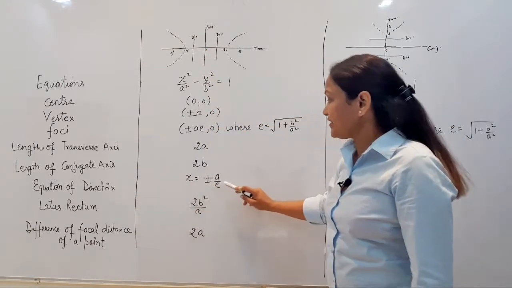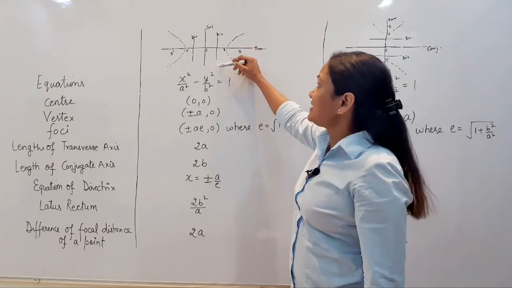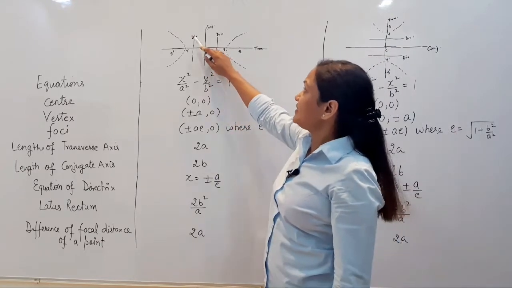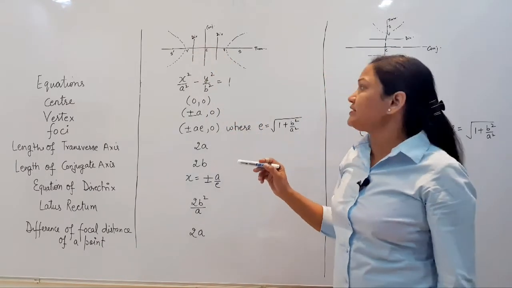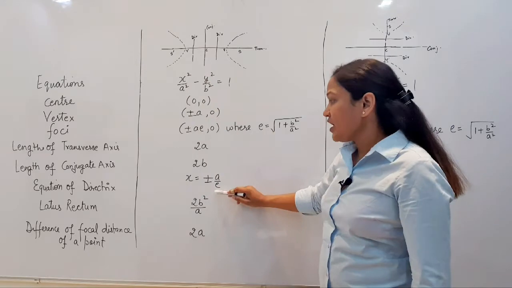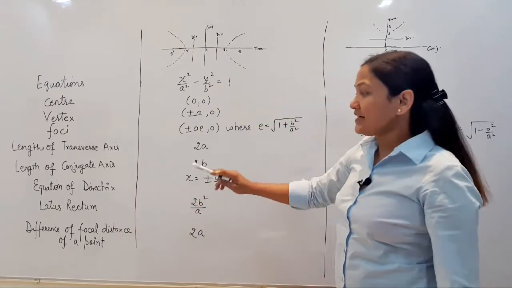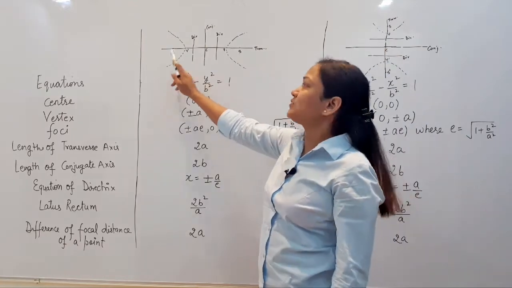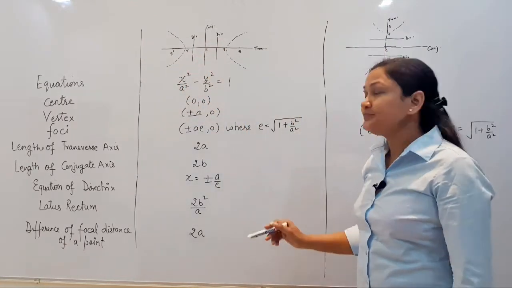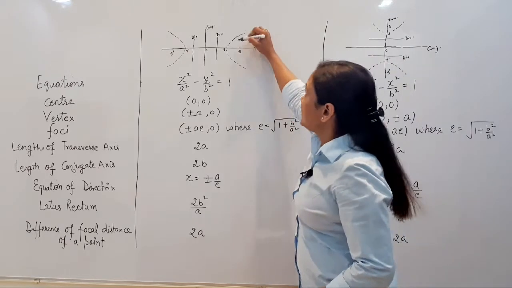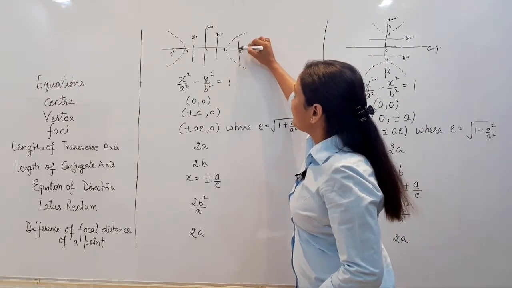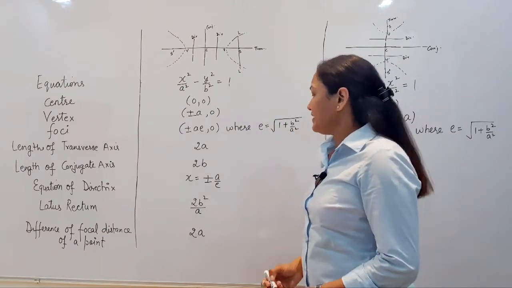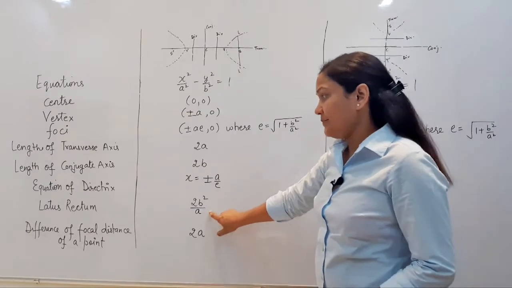Then the equation of directrix is, first directrix is x is equals to a upon e, and the equation of another directrix is x is equals to minus a upon e. The length of latus rectum आप सबको पता है वही होता है फोकस से पास होके जाने वाला और ट्रांसवर्स एक्सिस पे परपेंडिकुलर कॉर्ड, and that is called the latus rectum, L L dash, and the length of latus rectum is 2b square by a.